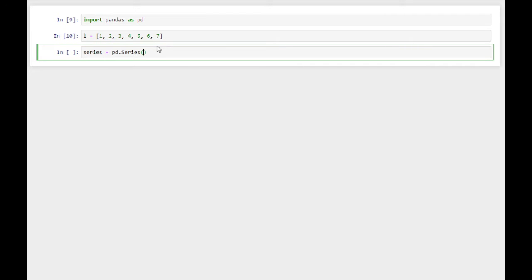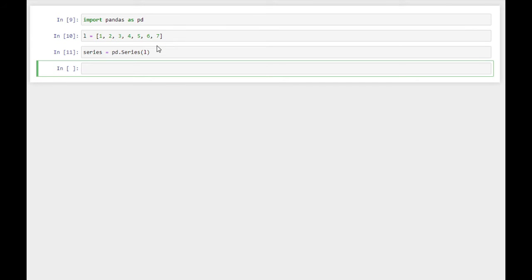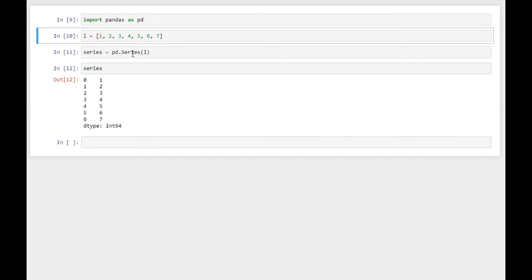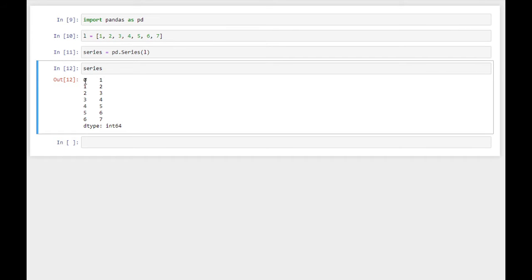In order to create a Series, we need to call pd.Series and pass this list as an argument. So if we print the Series, we have this Series. This list will be converted into a Pandas Series, and we have an index as well that starts from 0.